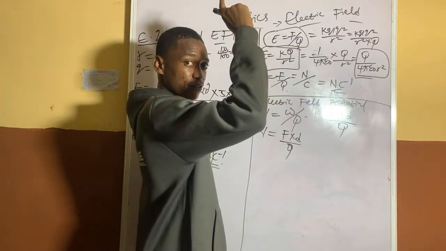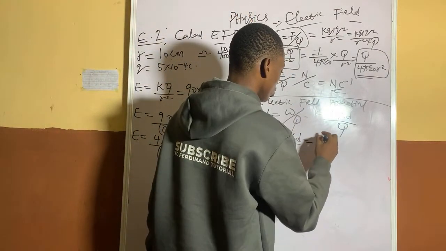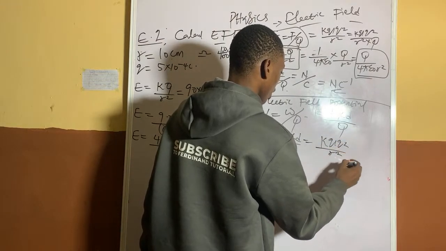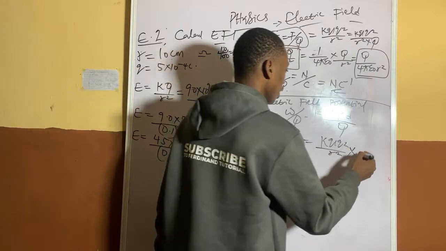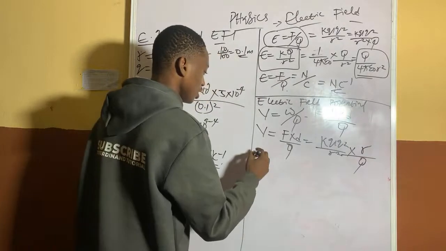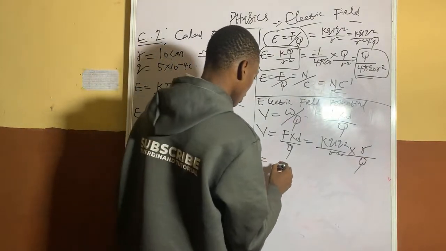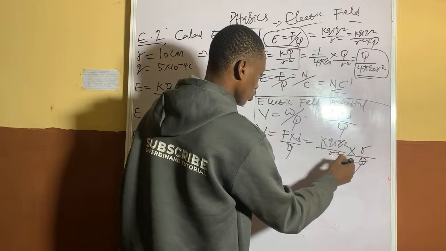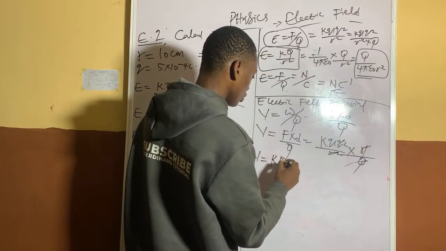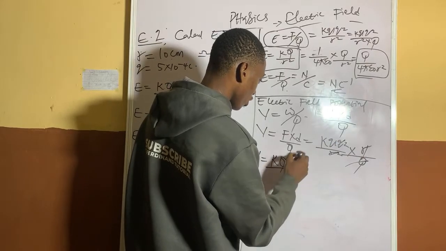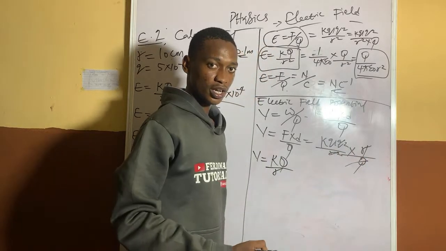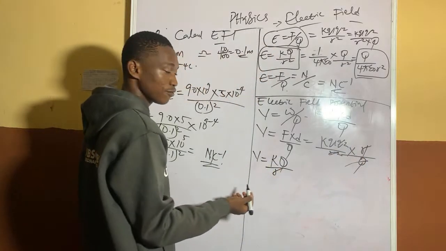And remember, F in Coulomb's law, F is equal to KQ1Q2 over R squared. Are we there now? Times, anywhere I see D, what will I put? R. Are we there now? All over Q. So I'm going to say electric field potential is the same thing as KQ1Q2, one Q cancels one Q, one R cancels R here. So I'm going to have KQ, I just have only one Q remaining, all over only one R remaining. Are we there now? Because they've already cancelled each other. Are we together now? This is the formula for electric field